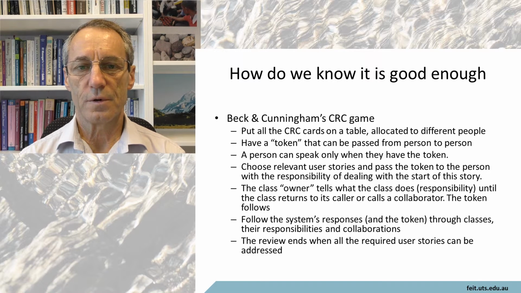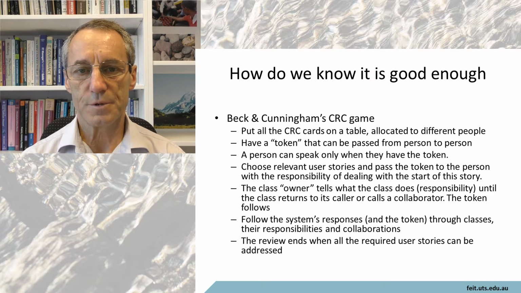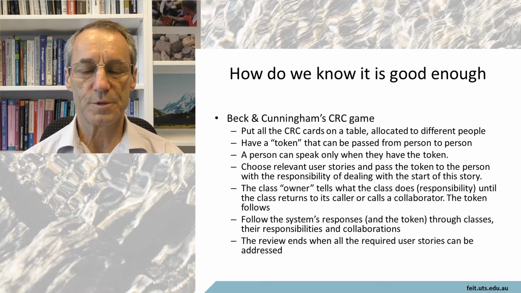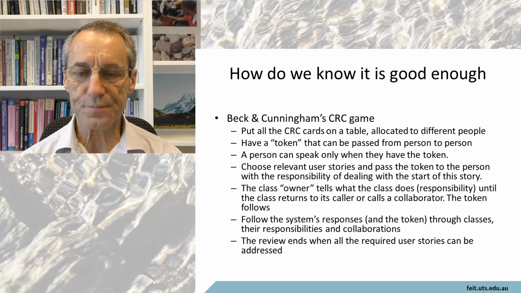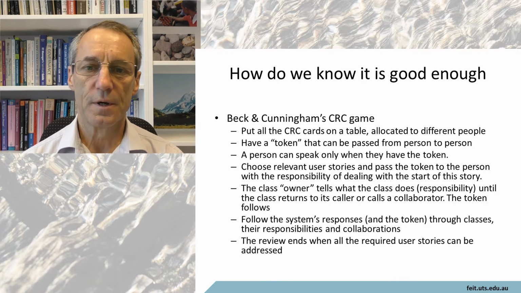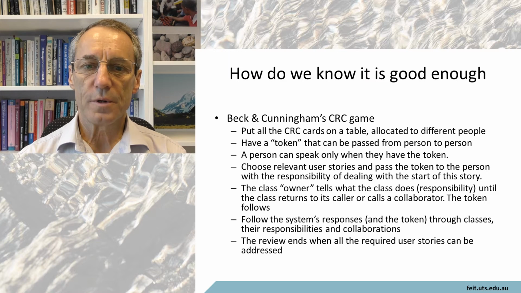So if an object calls another object or sends a message to another object, the token passes to the owner of that other object. They then describe how their collection of objects deal with this responsibility, and if necessary call on other objects. It works pretty well, and